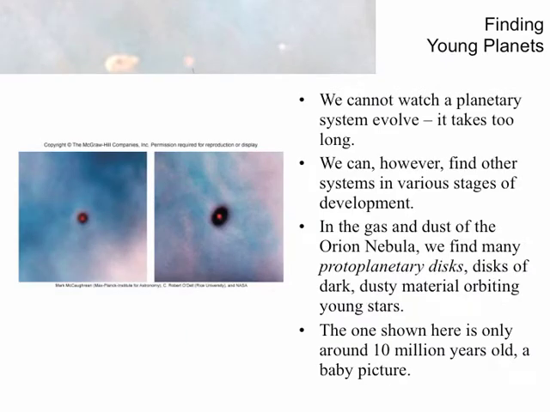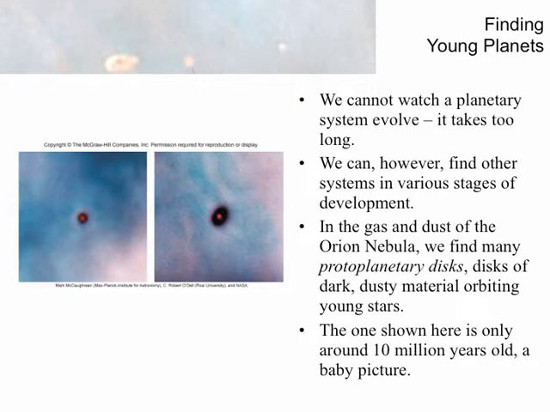So other planetary systems, we already talked about this at length before, but just as a review, we can't really see a planet in the process of being formed. It takes a long time for these things to take place, millions of years. However, we do know from various nebulae that there are protoplanetary disks out there orbiting young stars, and that this dusty material is most likely what planets form out of and what we think our solar system formed out of,